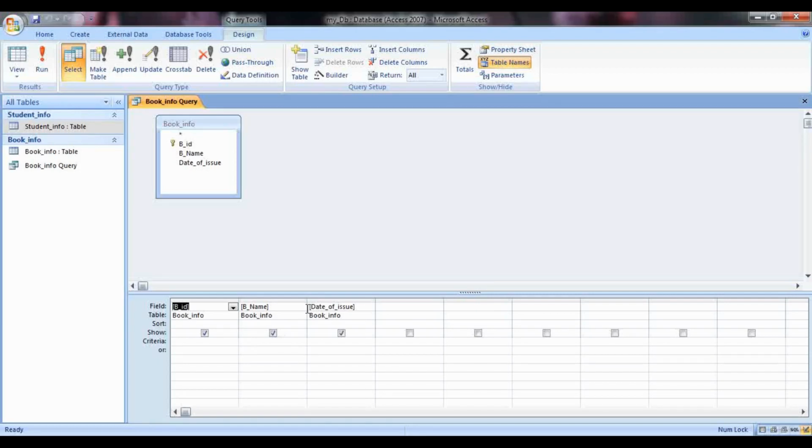So in the field date of issue, in criteria I have to type equals to, and it takes the date in month, day and year format. So 3/20/2020. This is how you will write the criteria, and once the criteria has been written, just go to run.